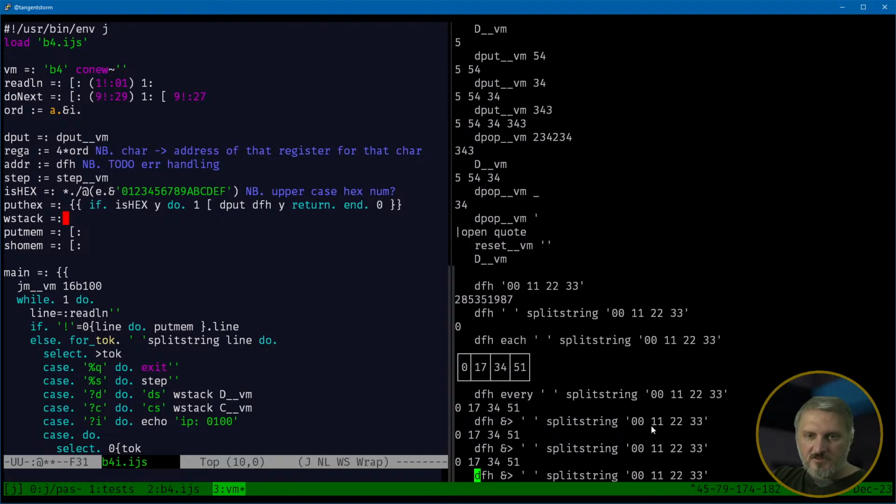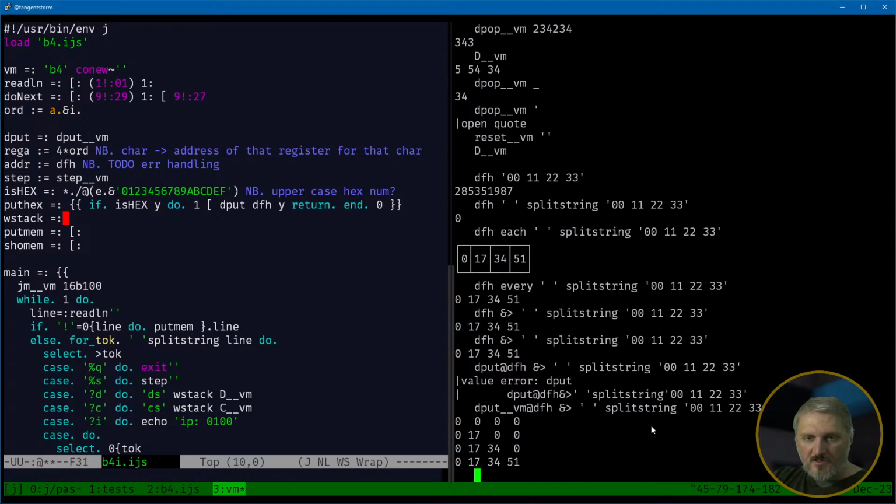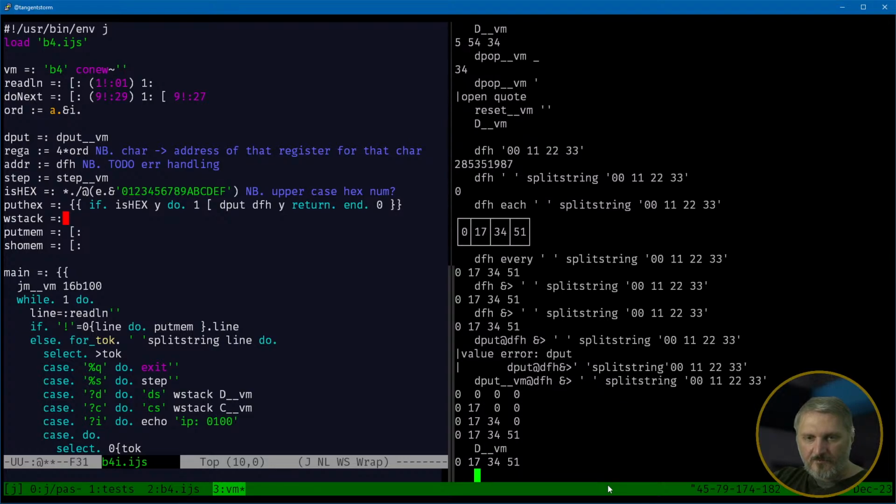So dfh. How about dput and dfh? So now I would dput VM. Yeah. So now this is the stack. So d VM is the stack. Why did it have a 0 on there? Oh, because the first number is 0. So that's 0, 1, 1, 2, 2, 3, 3. So now that I have that stack,